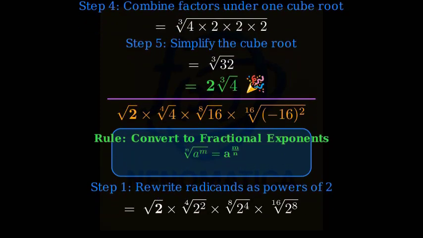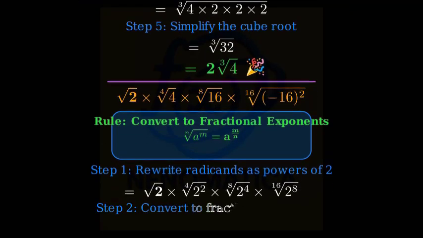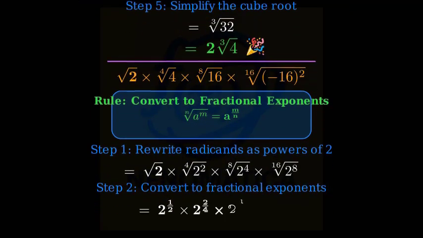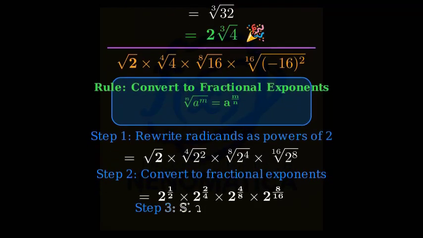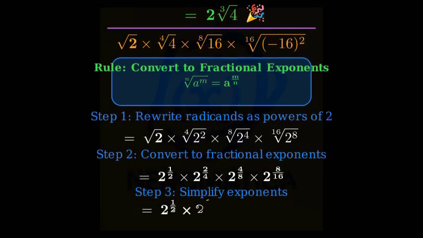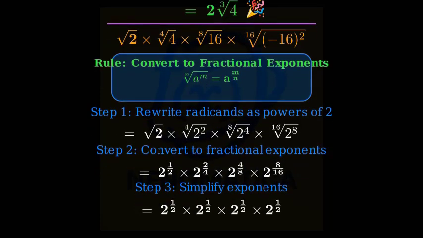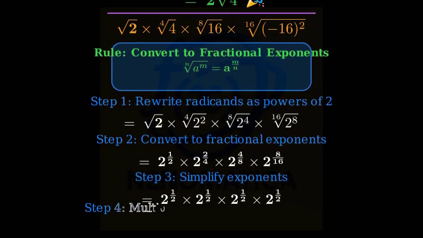Quick recap. We matched the exact step order. 1. Removed negatives inside even powers and wrote bases as powers of 2. 2. Converted each radical to a fractional exponent. 3. Simplified the fractions. And 4. Combined like factors. Exponents: 1/2 plus